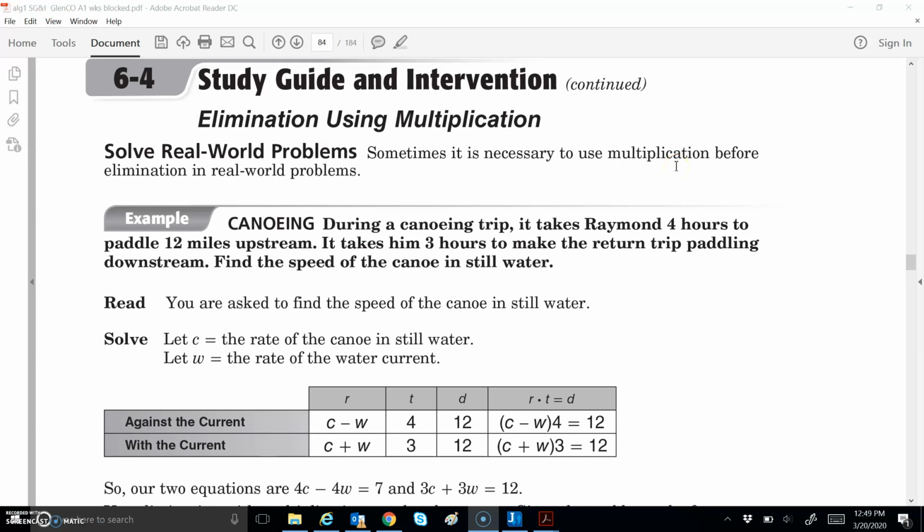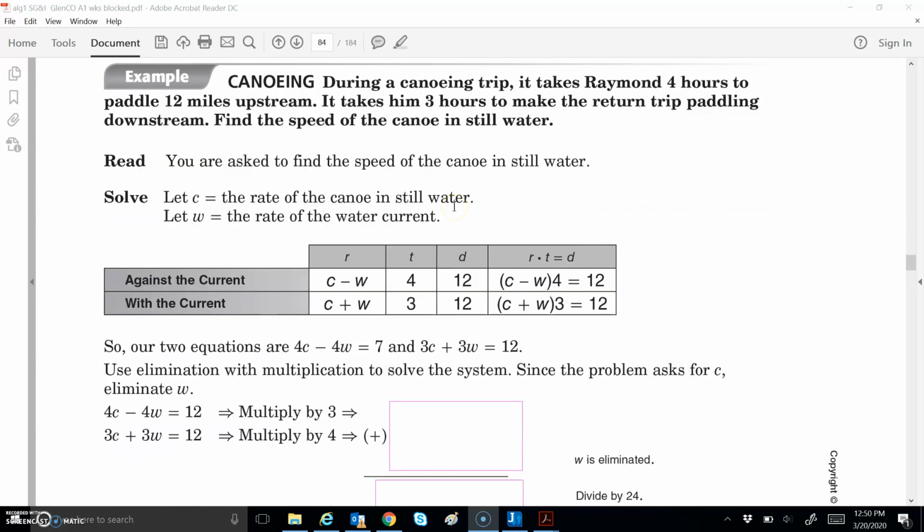Alright, elimination. Solve real-world problems using elimination. Sometimes it is necessary to use multiplication before elimination in real-world problems. This type of problem is a little bit tricky, so let's be careful, read it carefully, and understand what's